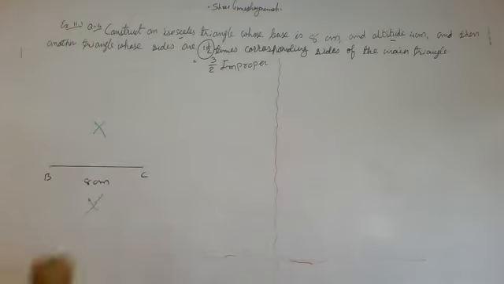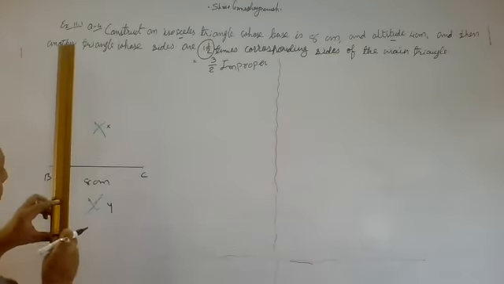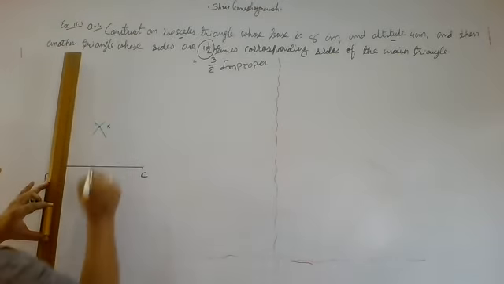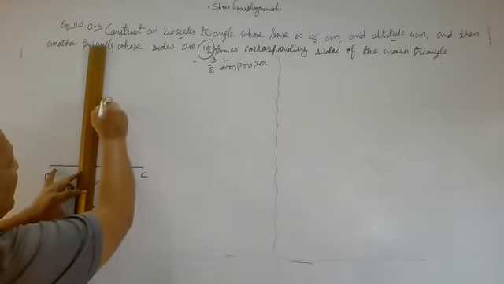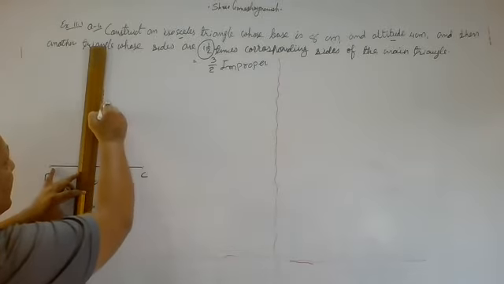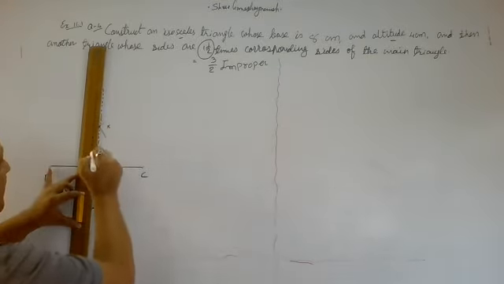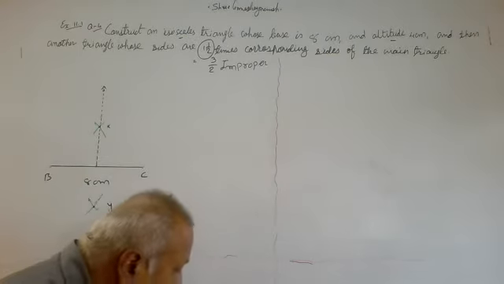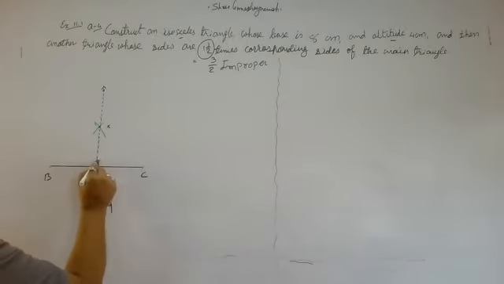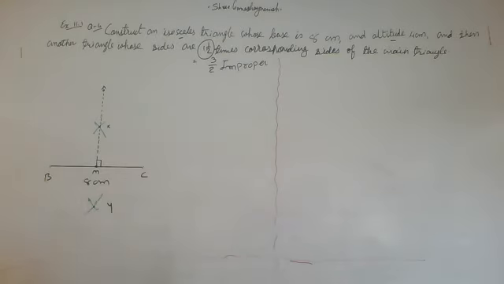So from these 2 points, we consider them X and Y. We should draw a perpendicular line, but not downward, because we need the altitude. So we will construct the altitude. So this dotted line is the altitude. It intersects BC at M. M is the intersecting point on BC.